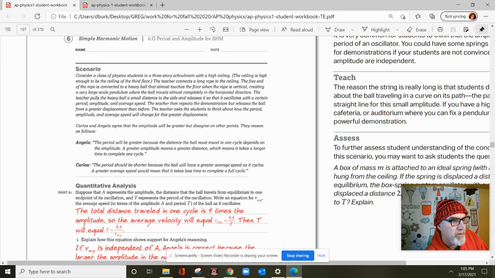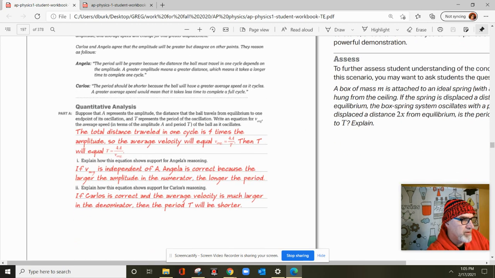Wow, cool. The teacher pulls the heavy ball a small distance to the side and releases it so that it oscillates with a certain period, amplitude, and average speed. The teacher then repeats the demonstration but releases the ball from a greater displacement. Think about how the period, amplitude, and average speed will change for the greater displacement. Angela says something and Carlos says something, and now we're going to